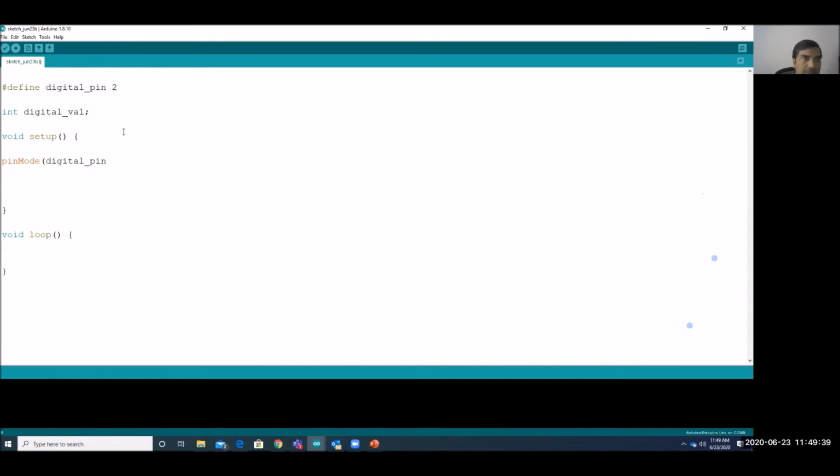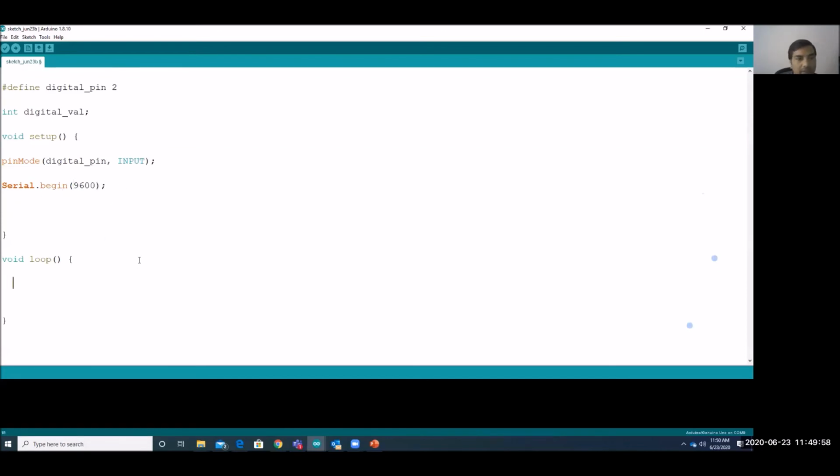Once I give this pin, it will call pin number 2 here. Now I can write pinMode input, so this will read the digital pin. Then Serial.begin 9600.